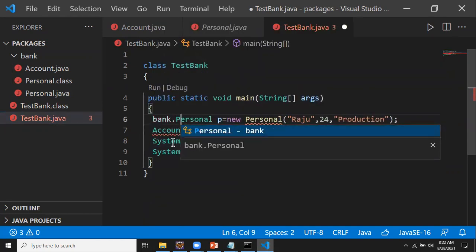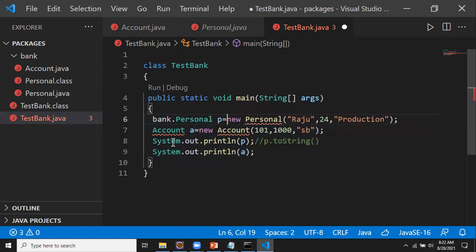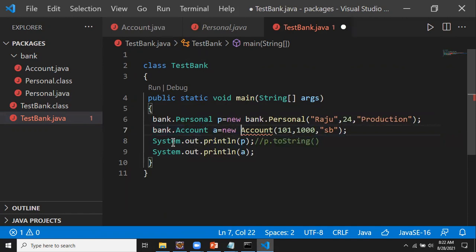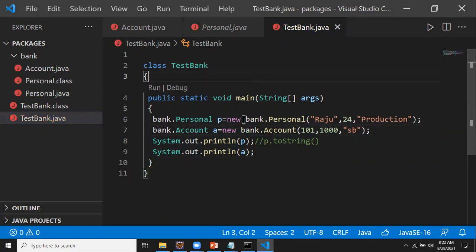For the Account class also, I'll write bank dot. Then let me save it.